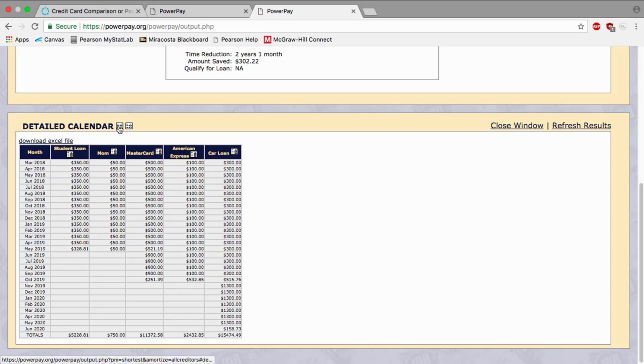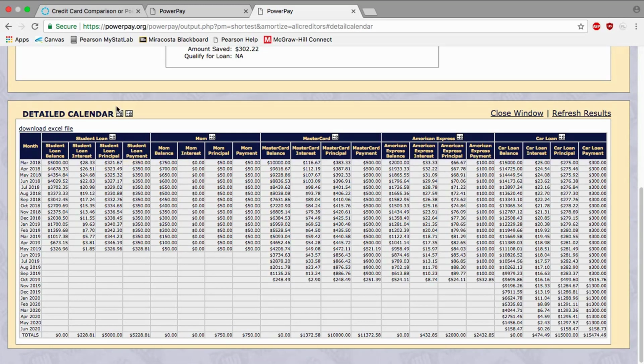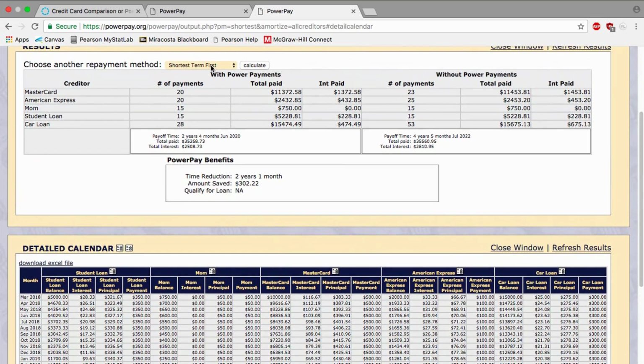You'll notice two small buttons here, and if you click on it, it actually expands your detailed calendar even further. So now I can break it down by my balance, my loan interest, the principal, and the payments. And you can see where your payments are going towards over time. And for each of the different repayment methods, the detailed calendar will be updated. So I'd like you to take a look at all three versions so that you can see what might work